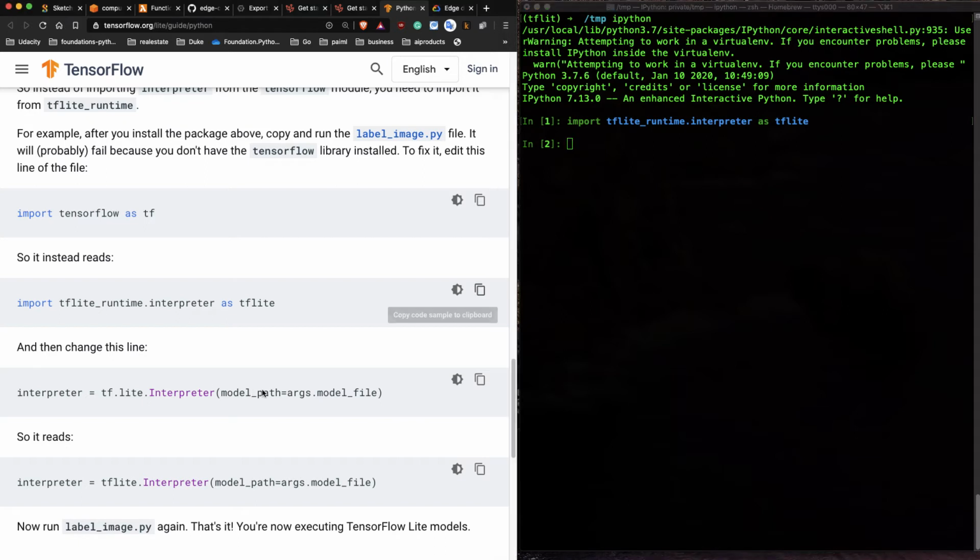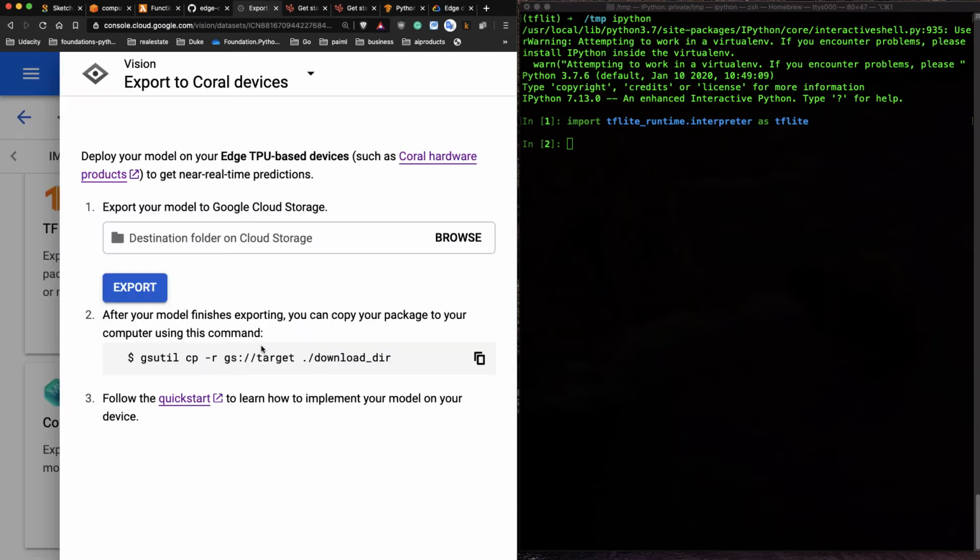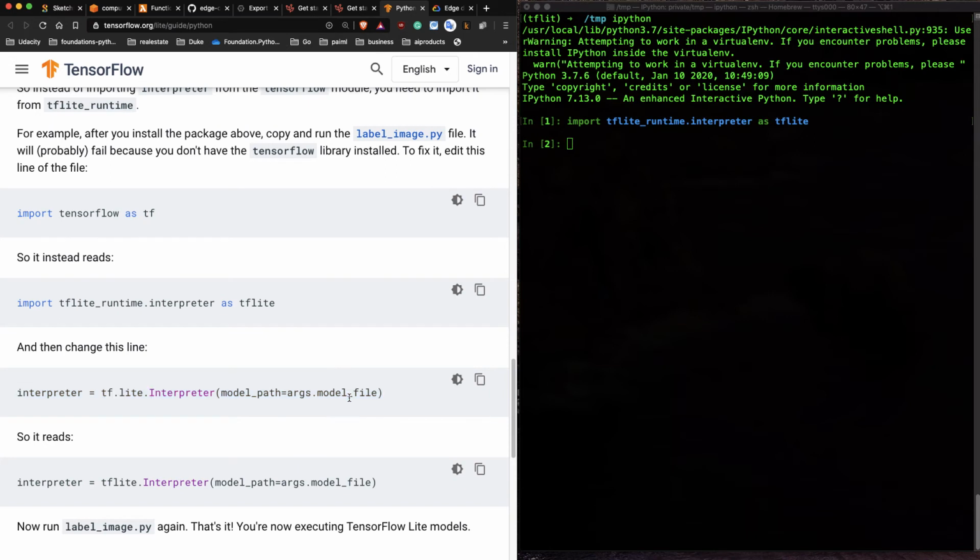And then if you were going to take your file that you got from the Google Cloud, like if you were downloading this TF Lite file right here, you would give it this path right there. That's all I have to do, give it that path, and then you're ready to go. So what I'm going to do next here is